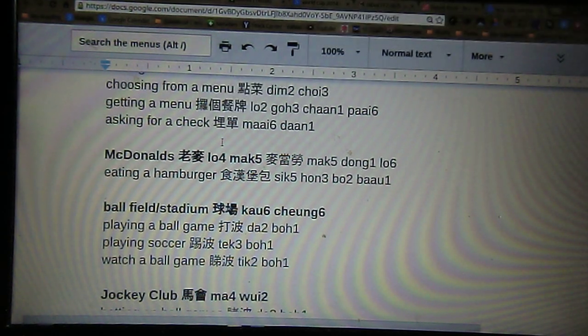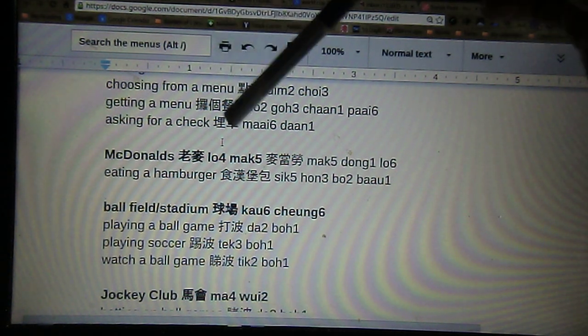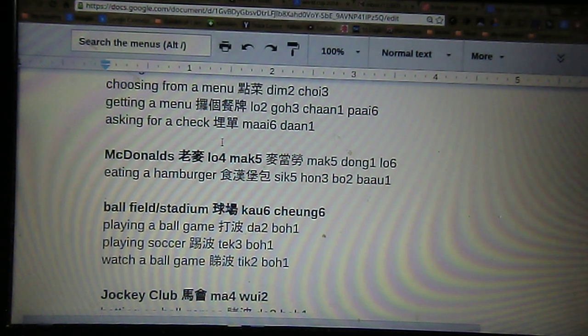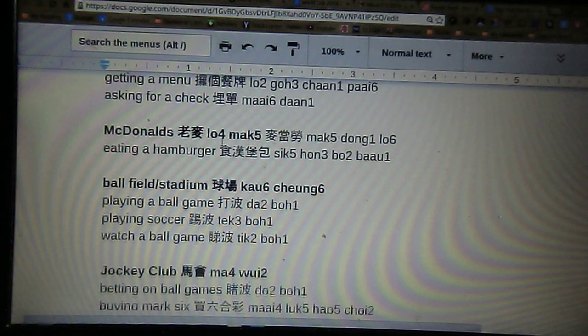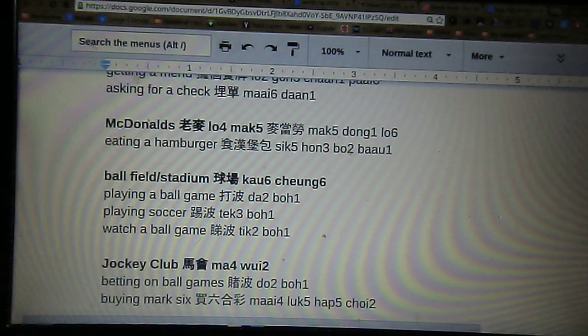And then we have 埋單, check please. 埋 actually means to bury something. Right? 埋單 is the bill. Right? 埋單 is to close. It's like closing an account. 埋單, check please. 埋單咧唔該。